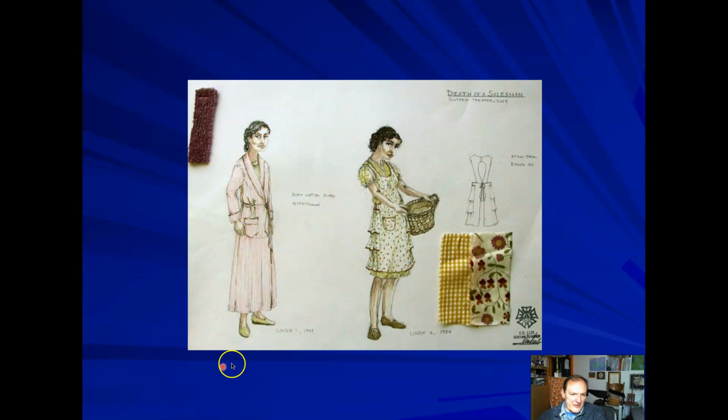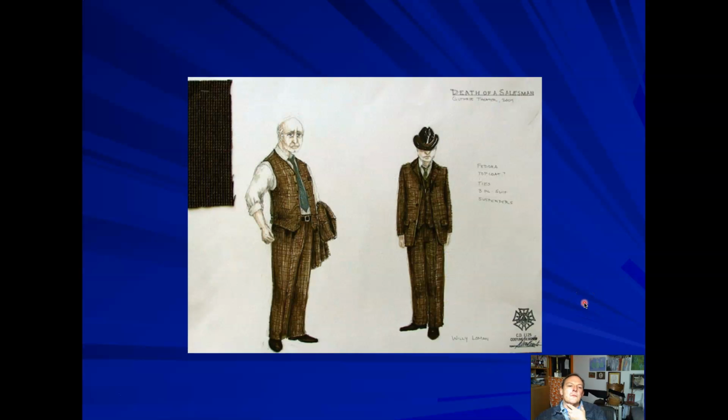We can see what she's drawn, and then seeing what the fabric swatch is, it helps us envision what her dilapidated robe is going to look like, what her apron and dress are going to look like, her sundress there. Willie's beautiful